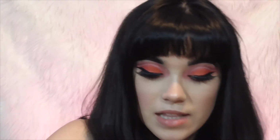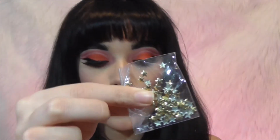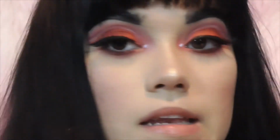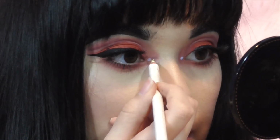I have, they're meant for your nails, but I bought them with the intentions of using them on my eyes. And they are just these little teeny tiny hearts. You can see I have some gold and also some silver, but I think the gold would match a little bit better. So I'm just going to use some lash glue and apply a little dot. And I'm just going to use a white eyeliner pencil to pick it up and place it